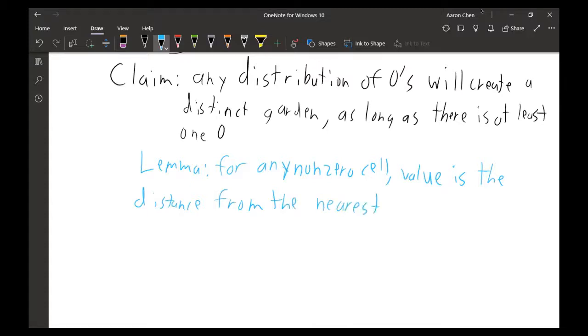And in this grid of squares, the distance is a bit special. What the distance here is referring to isn't the straight line distance. Instead, it's the number of cells that